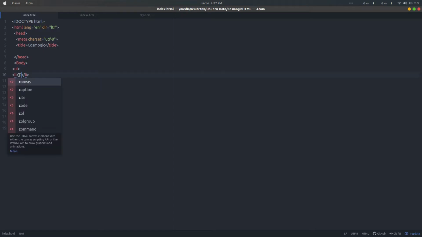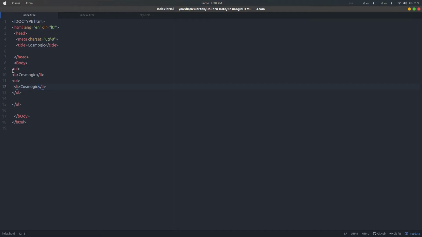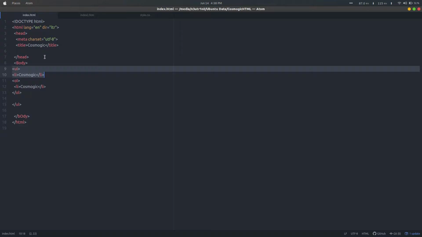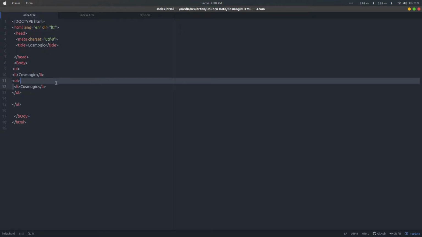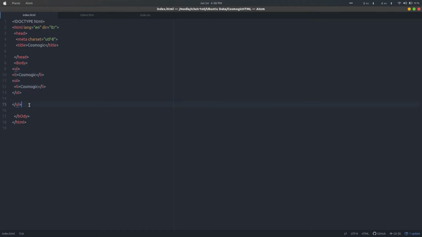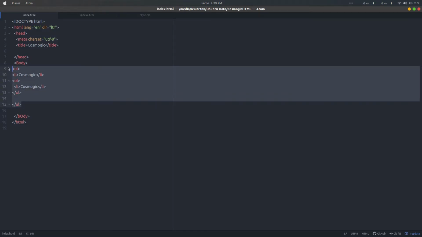I write cosmologic again here, save it and refresh it. You can see the first one, that is in the unordered list, is of circle type with full bullet, and the second one, that is in the ordered form, is in the numbered form. So this type of list, the collection of ordered and unordered lists, is called a nested list.